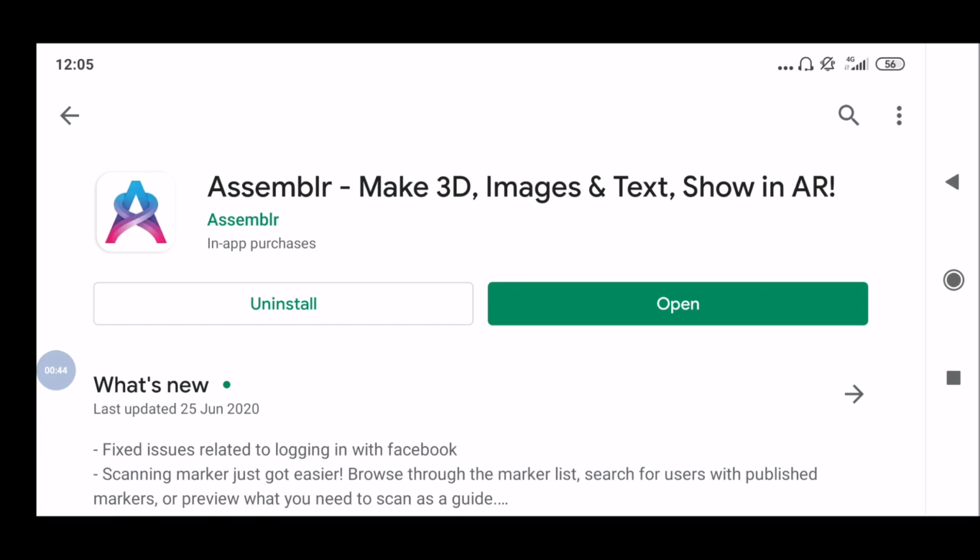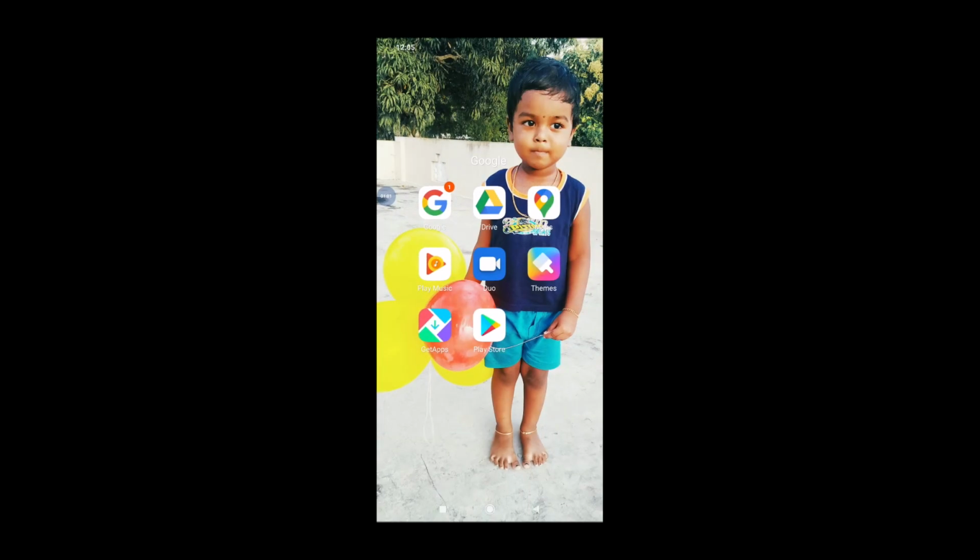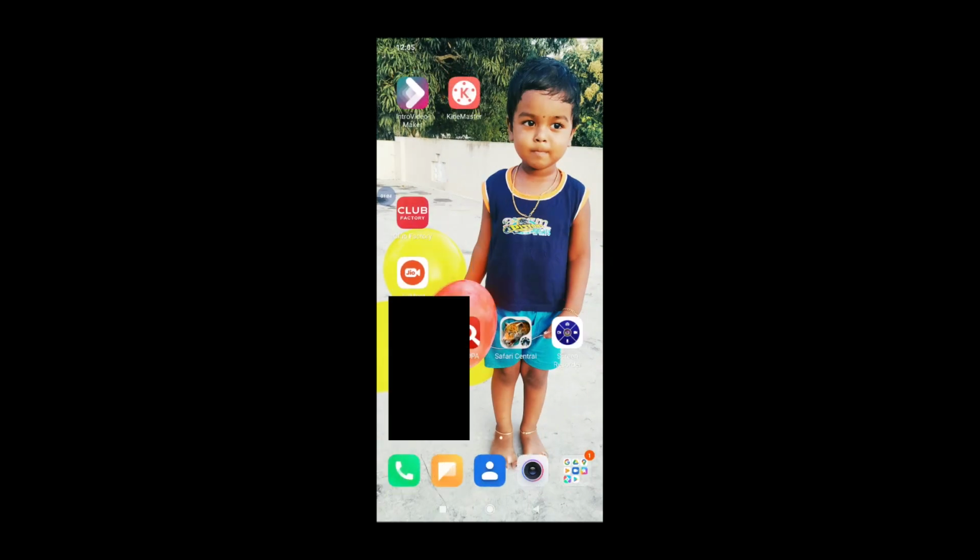So remember, it is giving different opportunities, like we can express the concept in a 3D image, or we can use augmented reality. Going to the application, just look at here, the application is here, just open it. There will be a little lag for opening the characters. First of all, we have to learn more about augmented reality and the 3D image presentation.